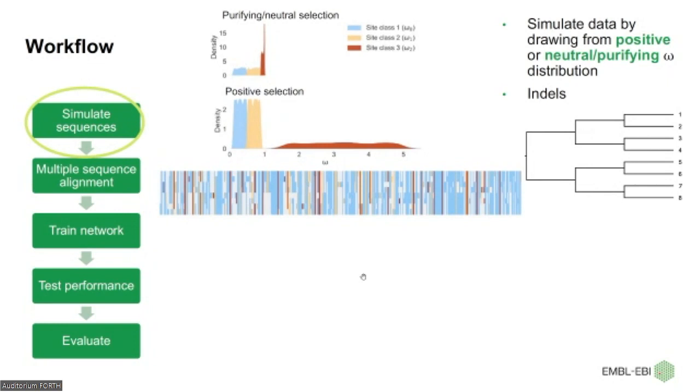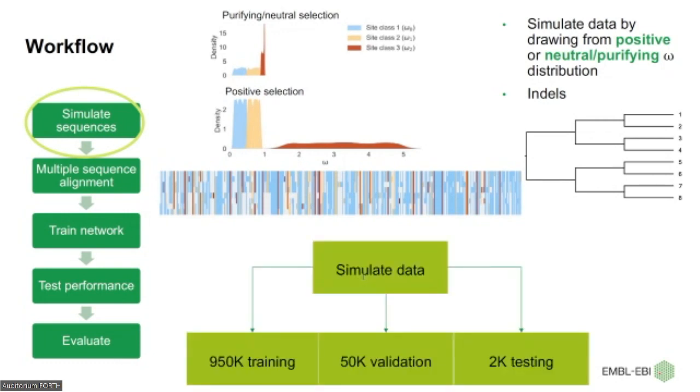For this problem, there's a huge parameter space under which we could have simulated sequences. But for our example, we chose to look at a constrained version of the problem. Everything that you see is simulated under this 8-taxa symmetric tree. We also simulate indels, which are the gray gaps that you can see in the alignment. We simulate 1 million trees or multiple sequence alignments for training,